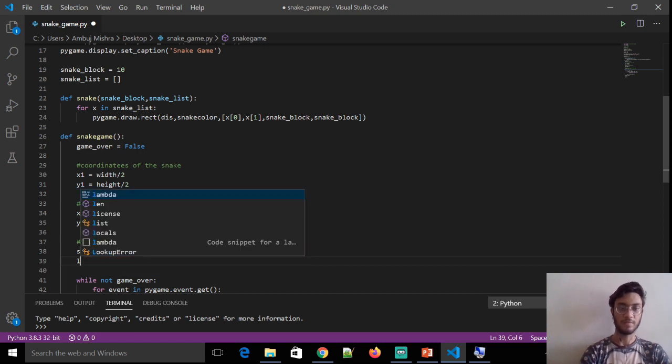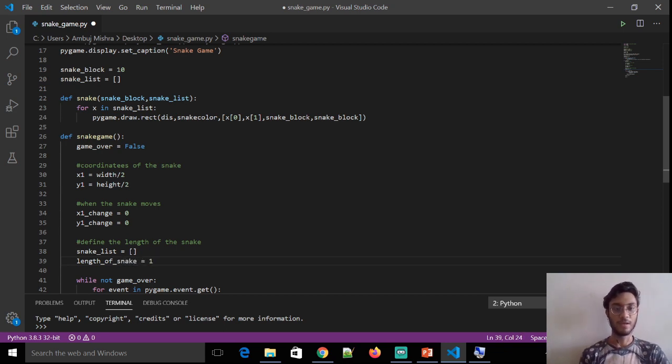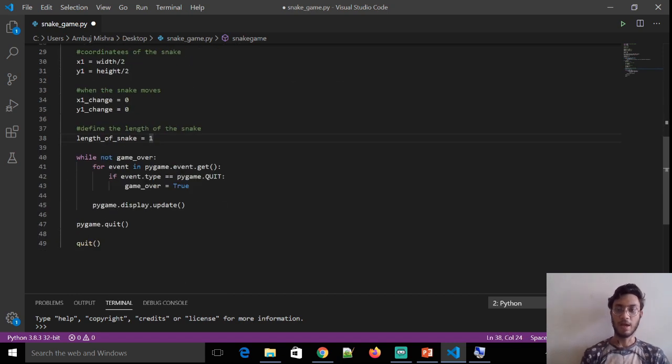And the length of the snake will be, let it be 1 initially. Sorry, I have already declared the snake list, so no need of doing this over here. You can simply move it. Okay, so till now we have declared the coordinates of the snake.